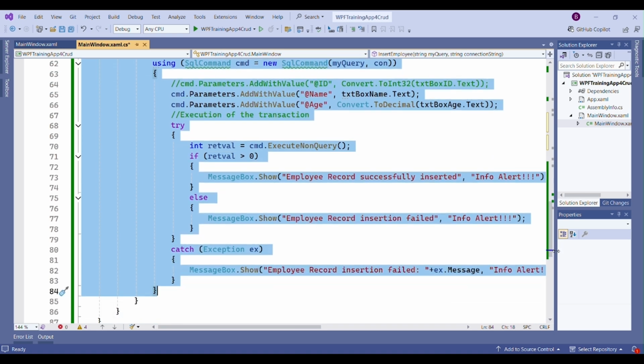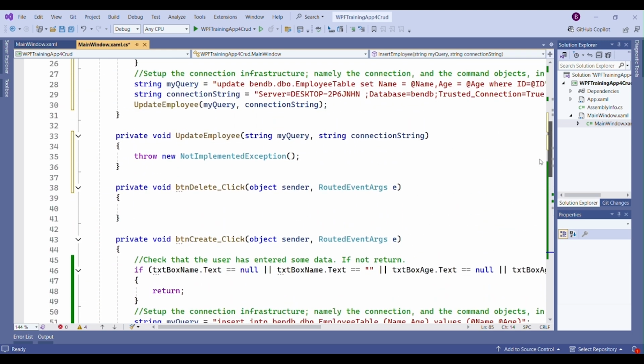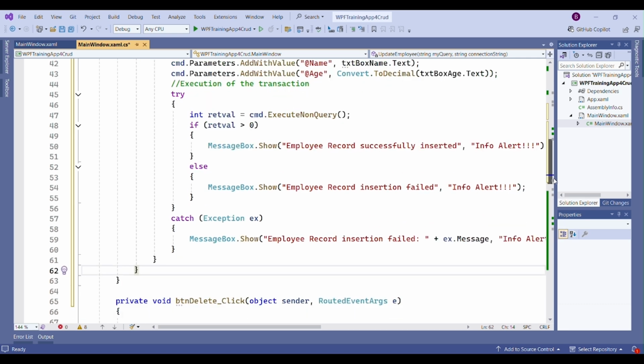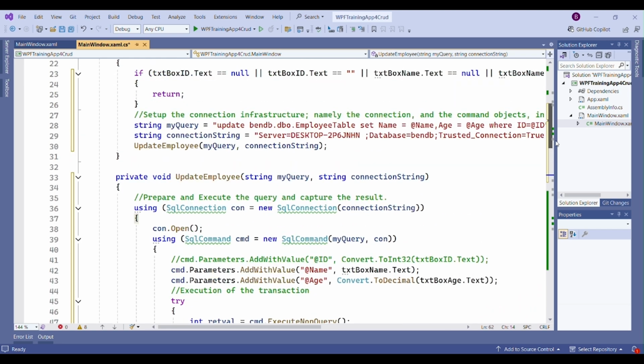So you copy everything from there, you go back to the update employee, and then you paste it right there. So now that you pasted this,